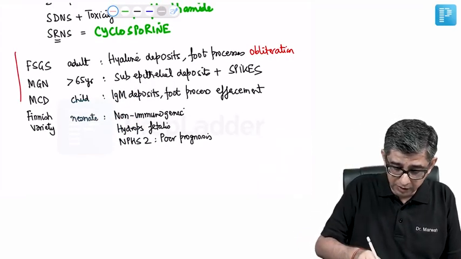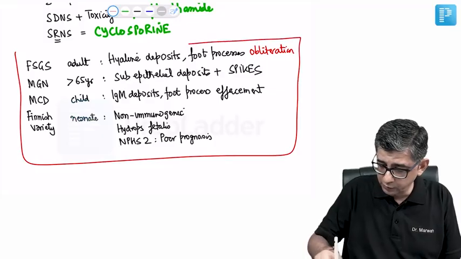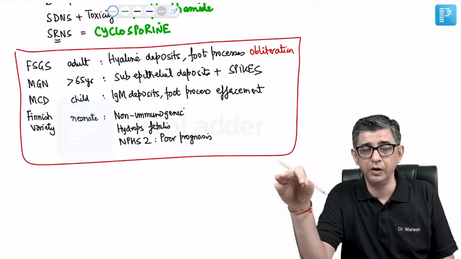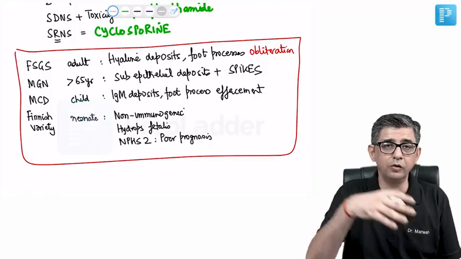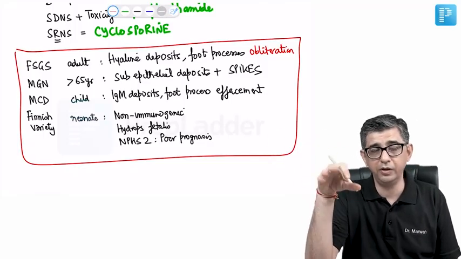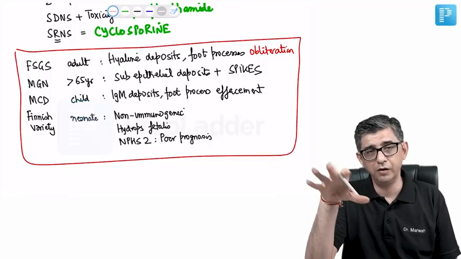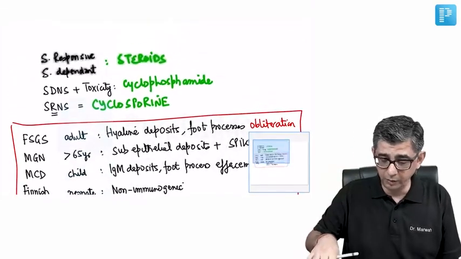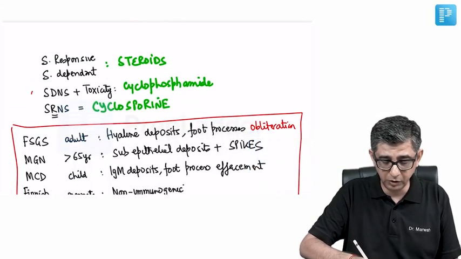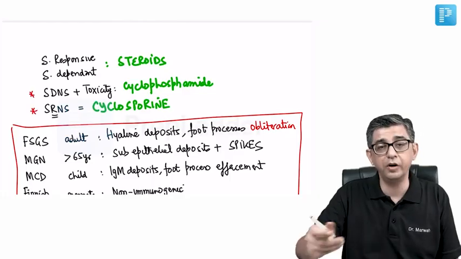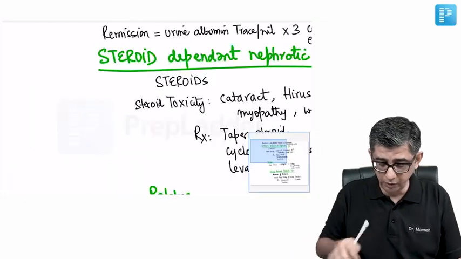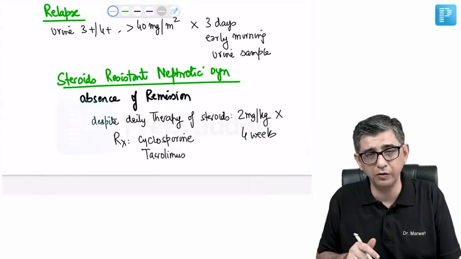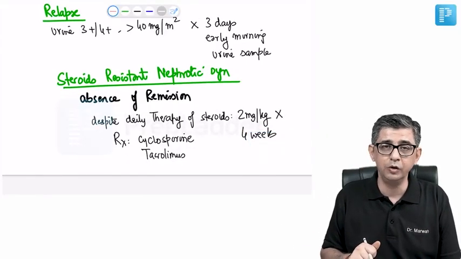This is an important table, guys. I would like you to make a table like this for all the conditions of the kidney by yourself, where all the light microscopy findings, electron microscopy findings and immunofluorescence findings are given on a single page, so that every time they give you a histopathological link up, you are able to answer. Similarly, the management perspective for SDNS with toxicity and steroid-resistant nephrotic syndrome is to be remembered, including the definition where steroids are given at 2x of the traditional dose for a duration of 4 weeks,